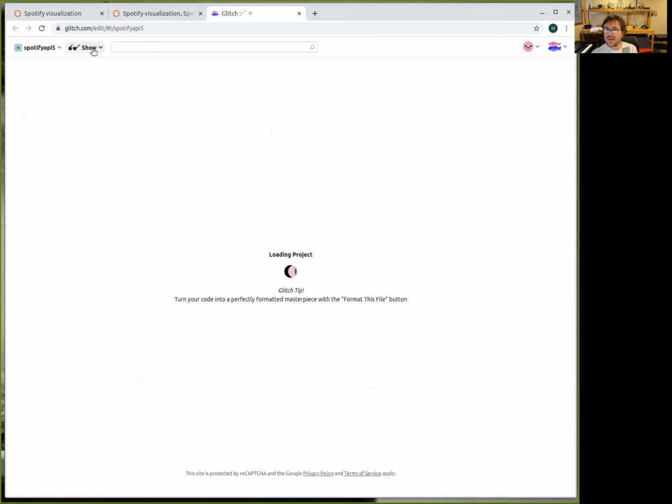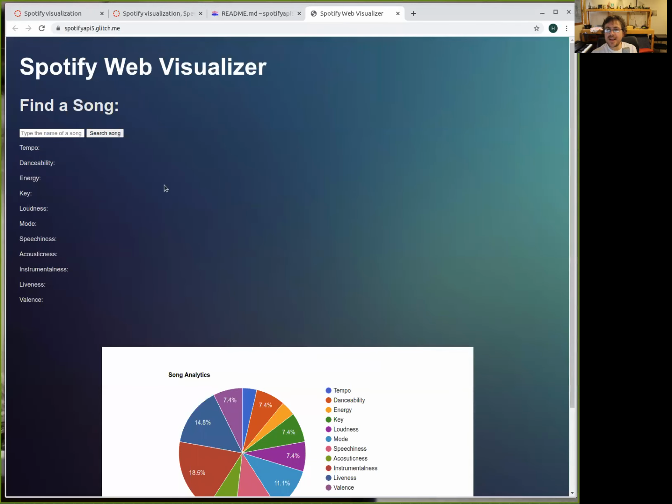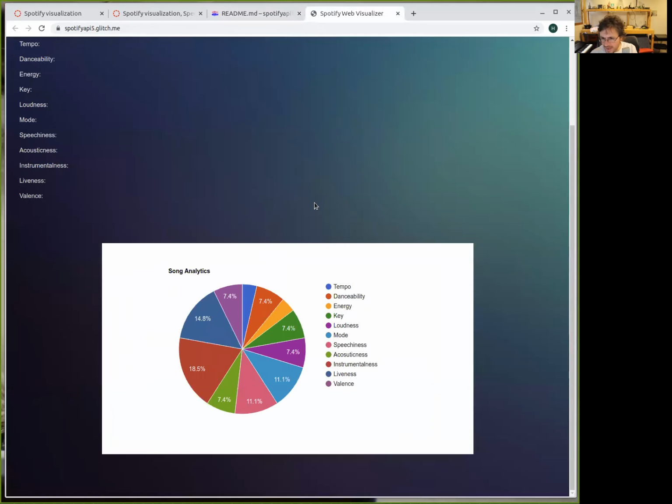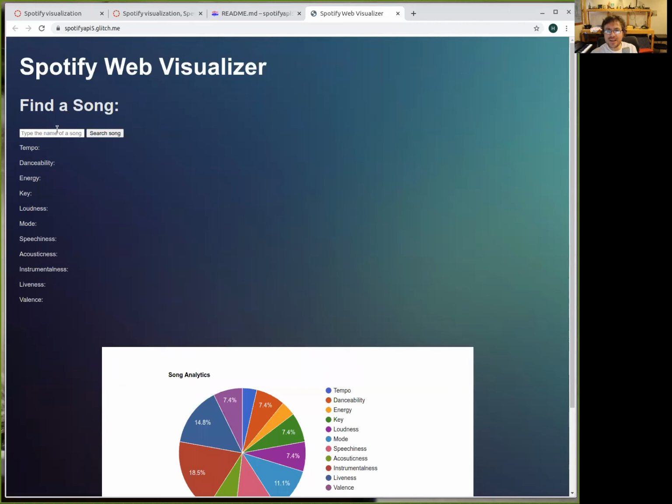Okay, let's just give it a try. Ta-da! Find a song. Bésame mucho. Give us these values. Interesting. Maybe it's not too hard. It would be extremely simple. One line of code to change the 10 to be a real letter of the key, right? And it would be one line of code to do major or minor, because a regular person, if they go here and see mode, will not know what that means.